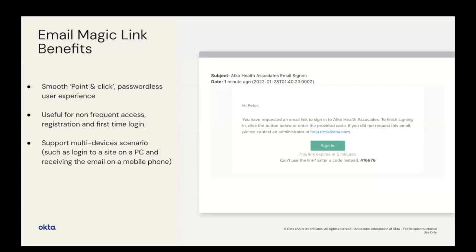So it is a point-and-click user experience, useful for non-frequent access, registration, or first-time login. And it also supports a multi-device scenario. So you could access an application on your PC and use the Magic Link on your phone with your email if you want. Let me show you rapidly how the user interface, user experience will be for an Email Magic